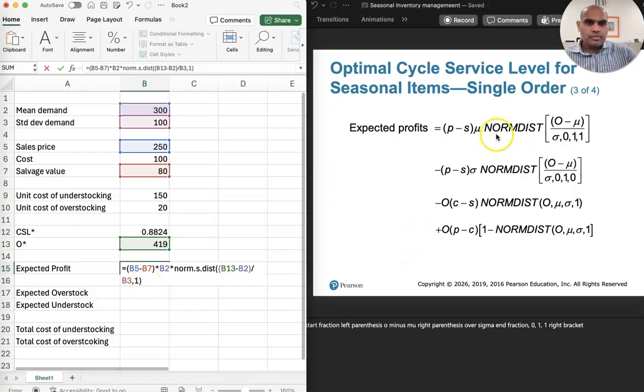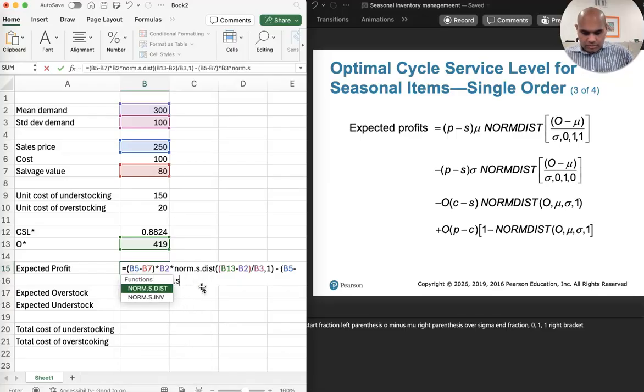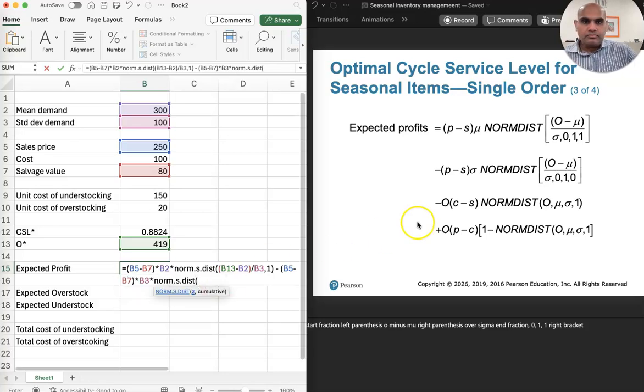Okay, so that's the first part of the formula. Let's say minus. Now it says P minus S, so P minus S again, times the standard deviation. This time it's a normal distribution, but it is not the cumulative one. It's still the standard normal distribution. So we'll do norm.s.dist of O